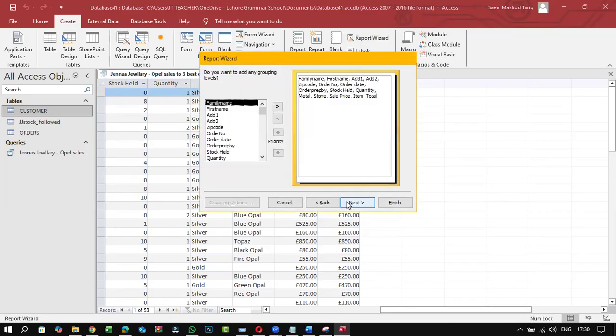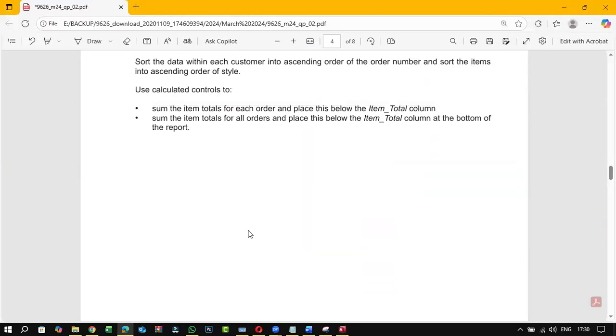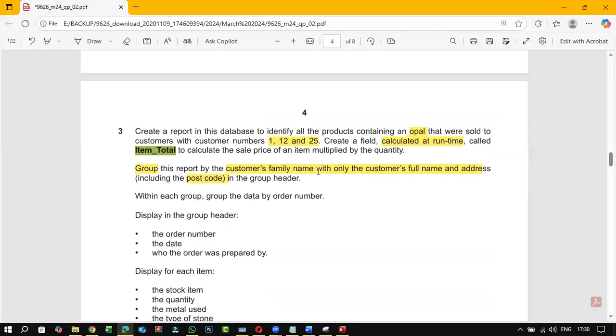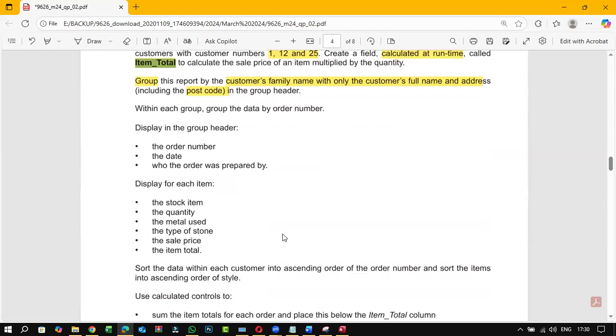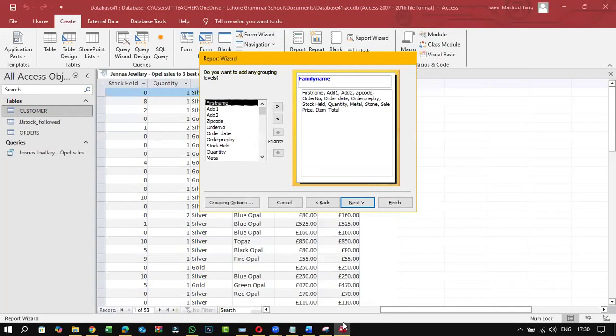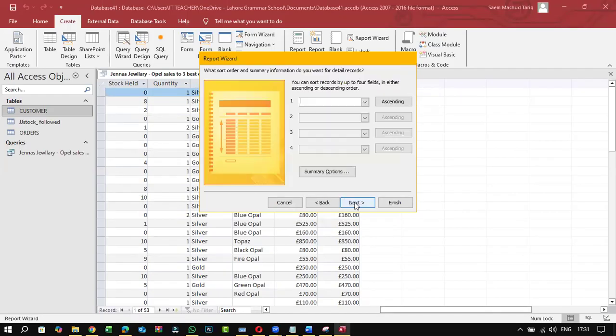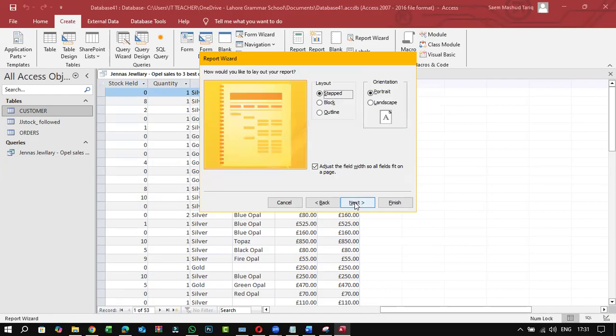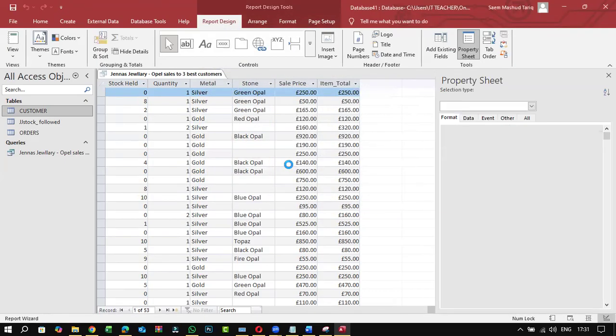Next करो. We have to group by family name. If you read the question, group by family name. ठीक है. Within each group and group by order number. ठीक है, वो हम खुद एडजस्ट कर लूंगा बाद में. ऑर्डर नंबर, I'll tell you how to group. अब डिजाइन व्यू में जाके भी कर सकते हो. So once you come here,